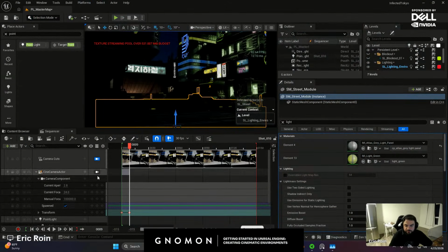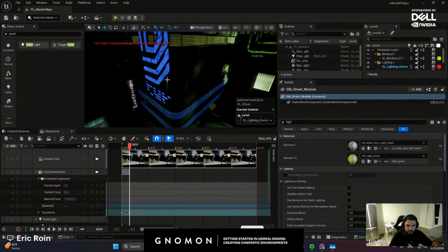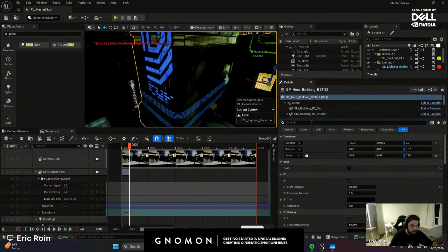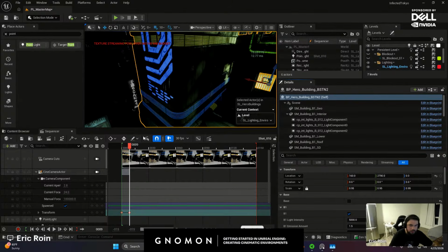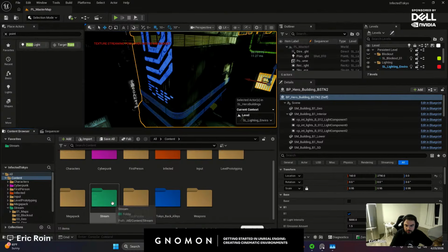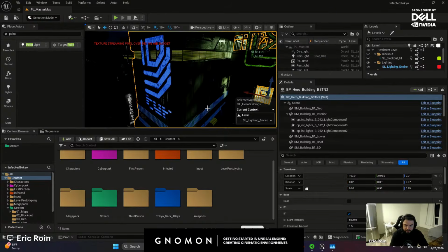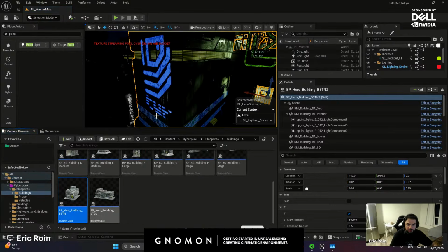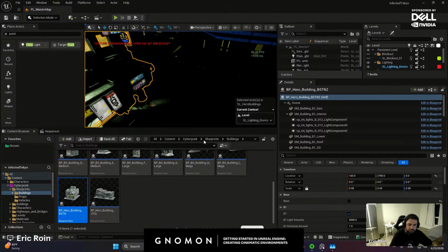Okay, that doesn't look so bad. Great. And next, I really want to find a way to bring out this blue emissive light. So let's try to find it. I'm going to go to the content browser. Let's make sure we actually save. It'll be unfortunate if Unreal crashes. It does like to do so sometimes. Control Shift S to save, or we can just use Save All to save all the changes. I'm going to go to content, and another quick tip: if you press Control B, it's going to take you directly to that asset in the content browser. So I don't have to search for things, especially this quickly.